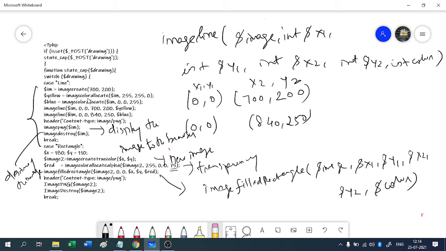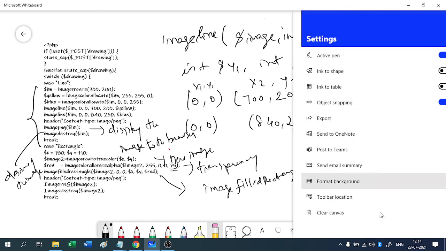Okay, then again we are using image PNG because we want to display the image to the browser. Then image destroy, we want to destroy the image and the resources associated with that image. So here we have seen the first 2 cases, line and rectangle. Okay, so next